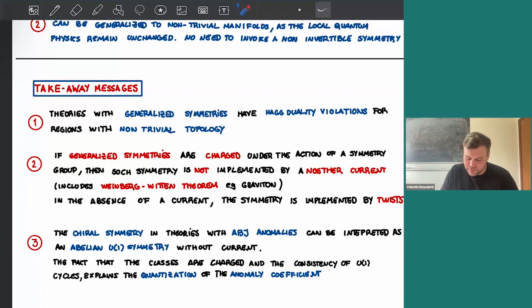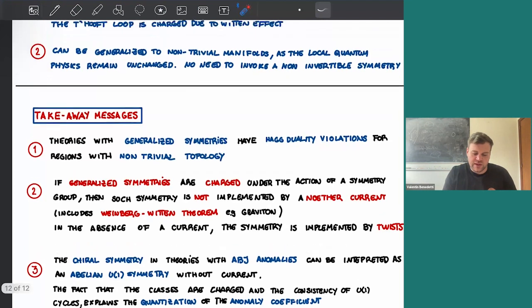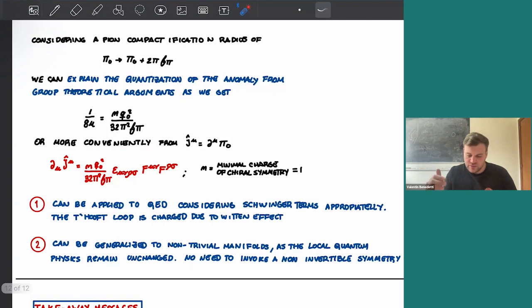Okay. Well, yes, the one I told you before is the one of the zero form group, being a discrete finite group. In the case of the generalized symmetries, when we are talking about p-form symmetries, the group that we are using is not what people sometimes call the group of generalized symmetry, but is the group of all possible Haag duality violations. For the p-form symmetries, it is always continuous. Yes, or at least continuous in one side. Like you can get this U1 times Z, but only one of the factors is continuous. I don't know if that explains it correctly, but